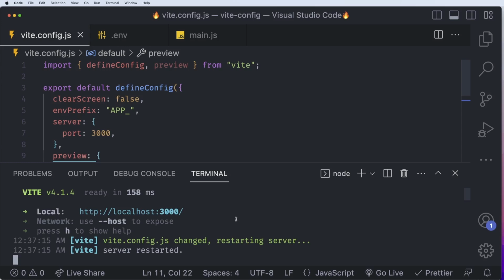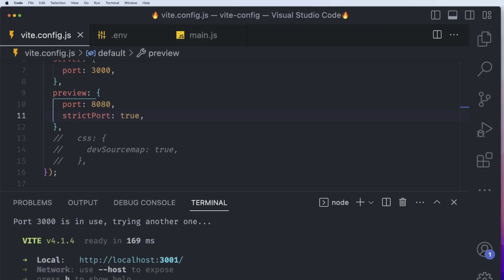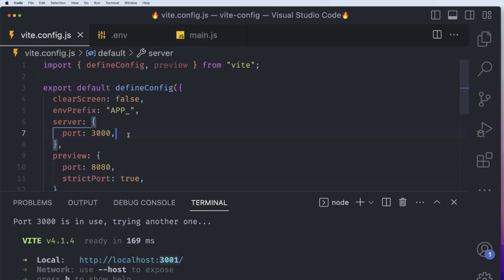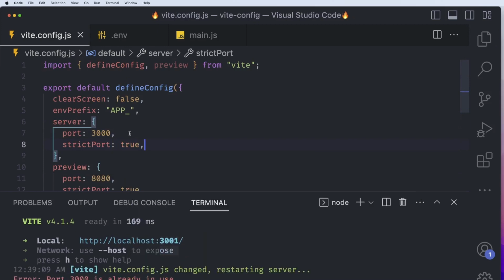So maybe what I can do is start another server in the background, and then we can try this again. All right, I started another server with the port 3000, and let's see what happens here. If I do npm run dev, we can see now 3001 started because 3000 is already taken. But if I do strictPort equals true and save this and stop the server here,